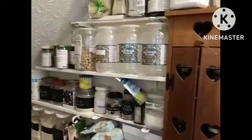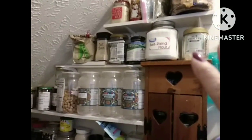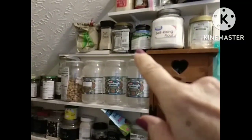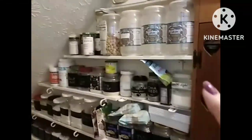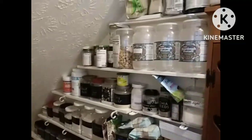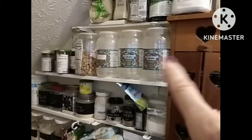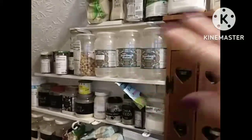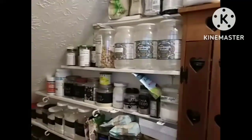And now I'm thinking I want to organize this a little different. It's organized, but what I'm thinking is, I have tea here and I have tea there. So I want to maybe group like with like. And I like to save these containers. They were from sourdough pretzels. My daughter gets those for her kids, so I always tell her to save those for me because they're nice and big. So I think that's what I'm going to do next,